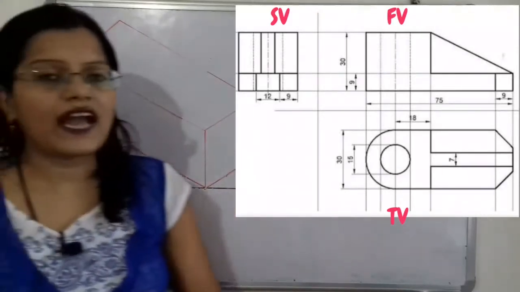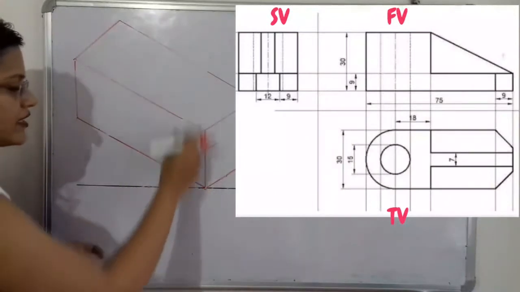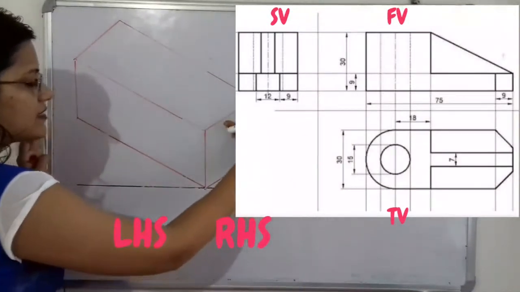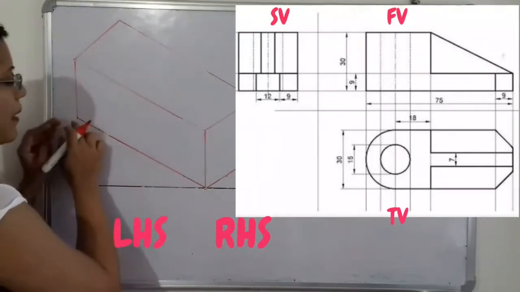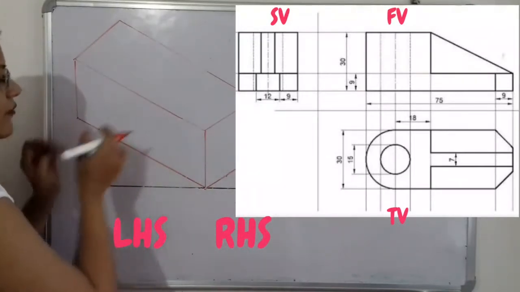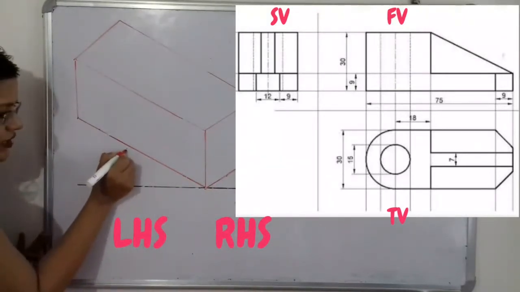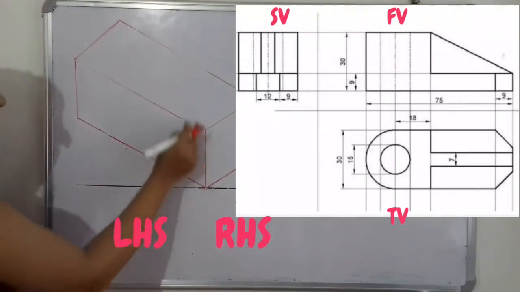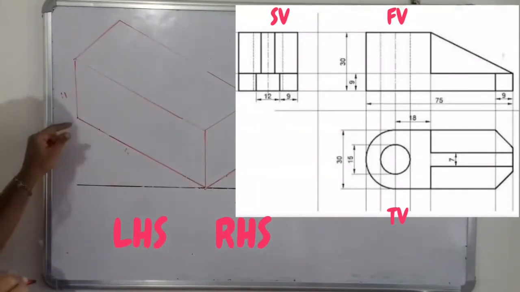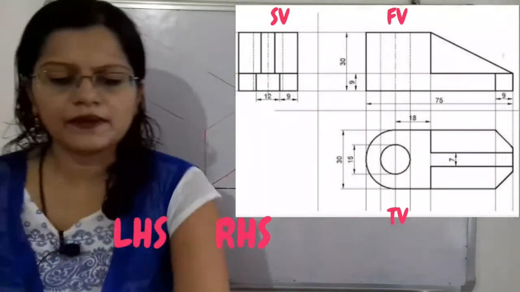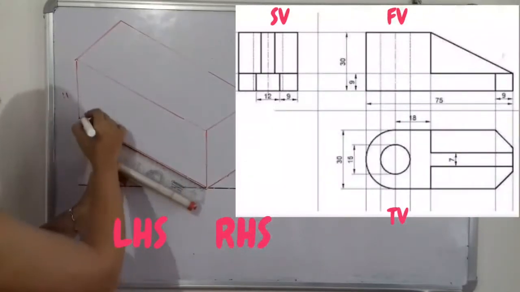Now we know that we have to plot the front view on the left hand side. Because of this vertical line, there are 2 parts. This is the right hand part and this is the left hand part. So on this left hand part we have to select the front view. This inclined line represents the total length, and this vertical line represents the total height. So now what is the length here? 300 millimeters. So take the distance in the scale, 300 millimeters,